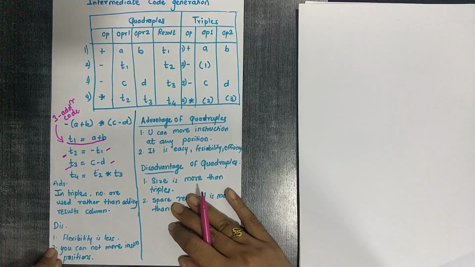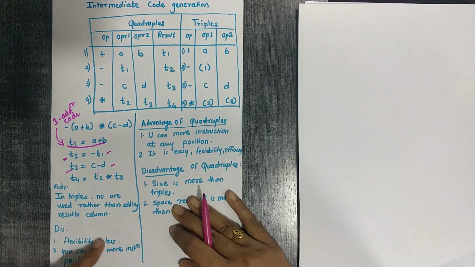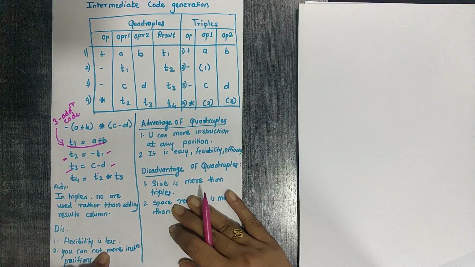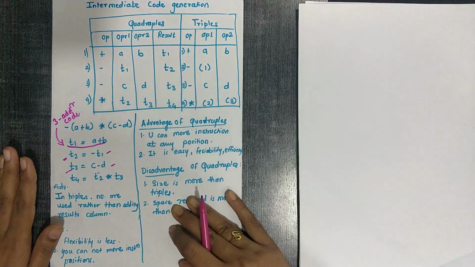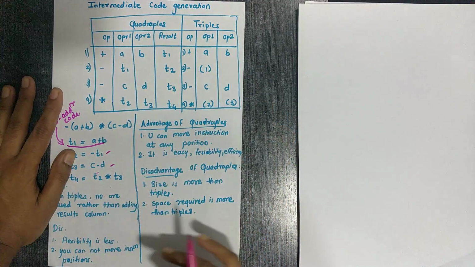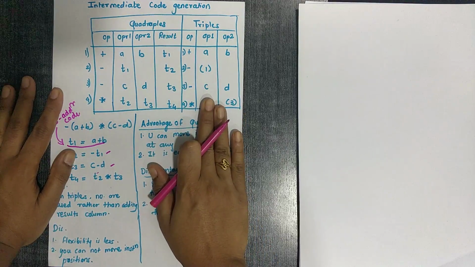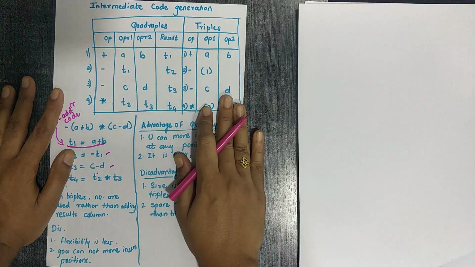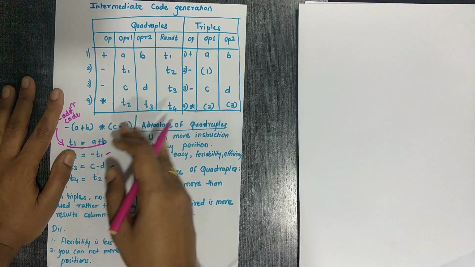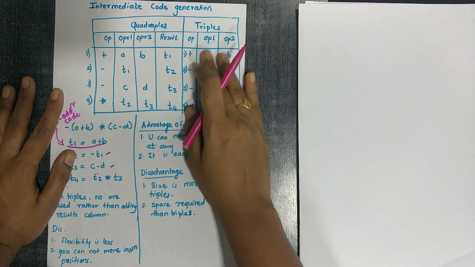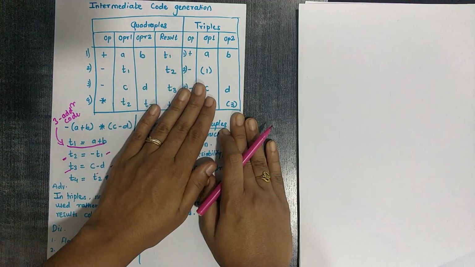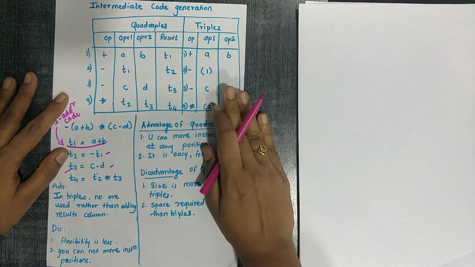And what is the disadvantage? The disadvantage is that flexibility is less, because we cannot move the statements upside down, or you cannot change the instruction positions. If you change the position, these numbers are also affected. If you do not reflect that change in operand 1 or operand 2, then you are not getting a correct expression. If these positions are changed, obviously the complete table will change. So that is the disadvantage. That means the flexibility is less in triples.